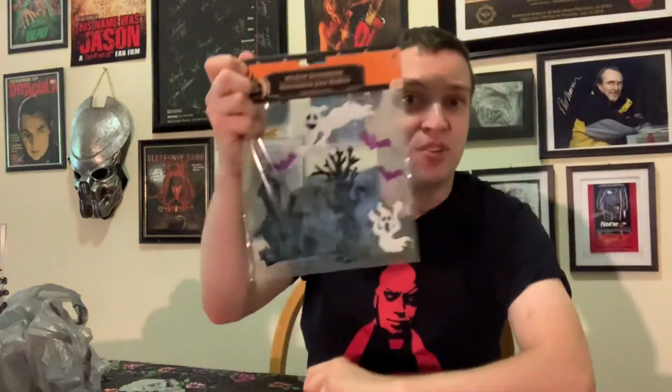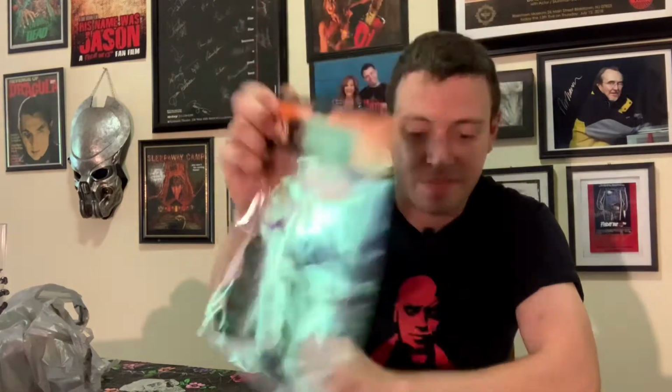We got some window stickies. You know, again, if you're going more kiddie-friendly, you don't want to be as bloody and gory and scary, these are not a terrible option just to jazz it up a bit without scaring too many kids and leaving them scarred for life. And you can get those at other stores, obviously, but they're going to be way cheaper at